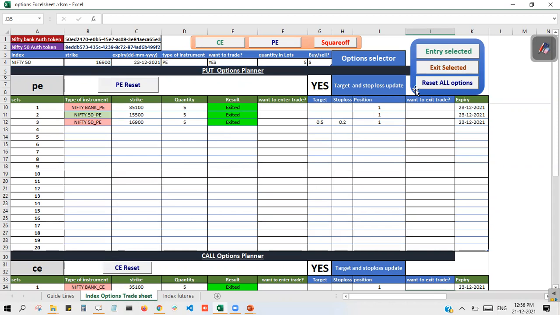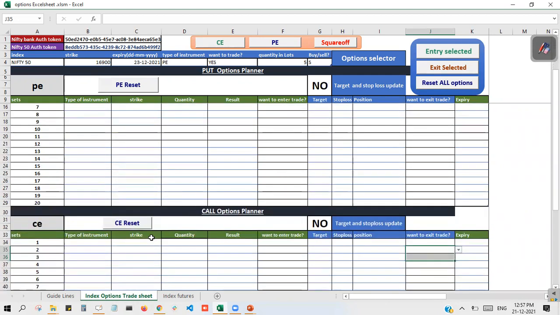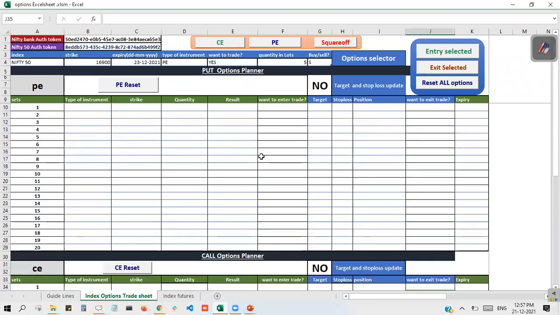Now I'm going to click reset all options. As soon as you click reset all options, every option will be cleared from this option planner. Now you need to keep in mind these things.